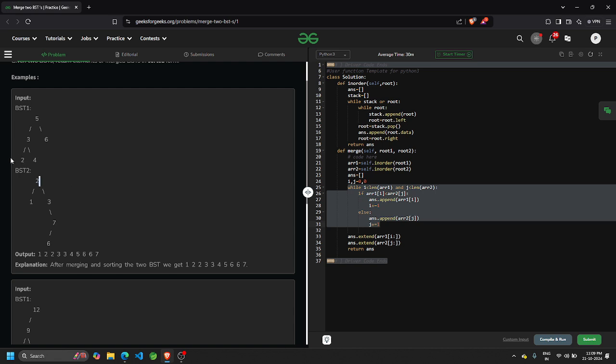We'll again do comparison, and we see both are equal. So it doesn't matter whatever we put. Imagine I put 3, I put this 2, so it will move to 3 now. And again, the comparison will happen. 2 is smaller than 3. So what will happen is that next, this 2 will be put inside our array, and the pointer will be